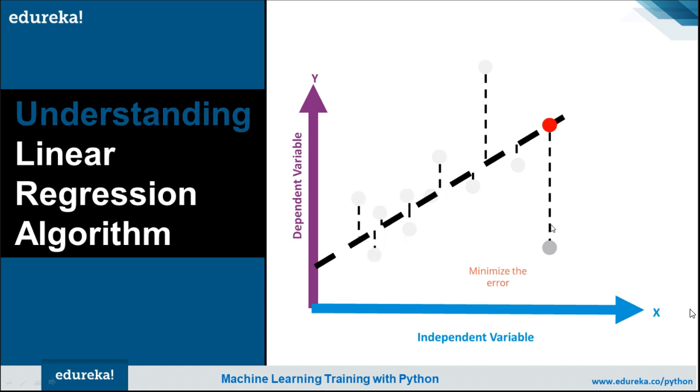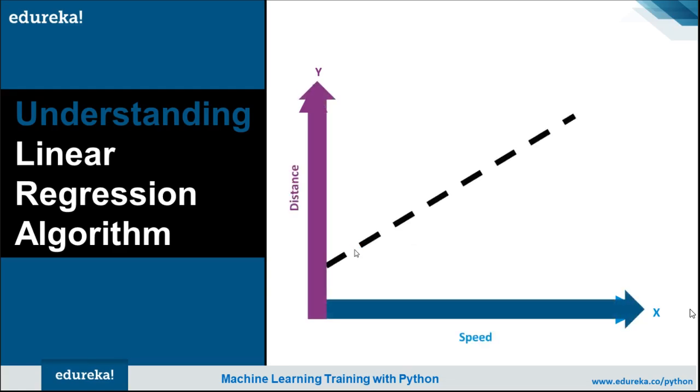So we will try to find such a line which can minimize the error, right? So we can have many lines, right? You might say, why not this particular line, or why not this particular line, right? Many lines are possible, but the one we are looking for is the one which can minimize the error, right? So we need to find out the way which can minimize the error,